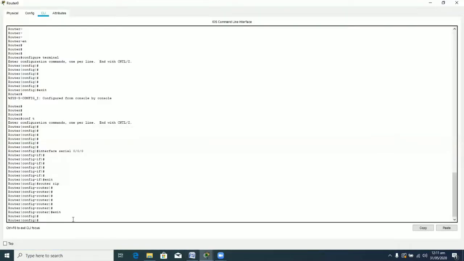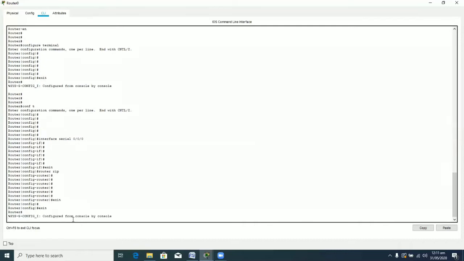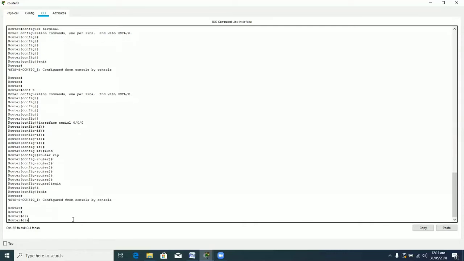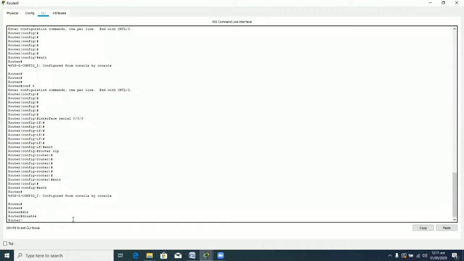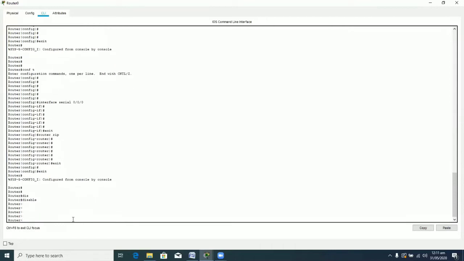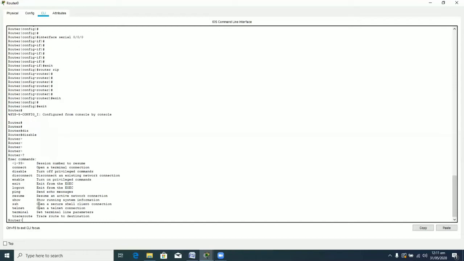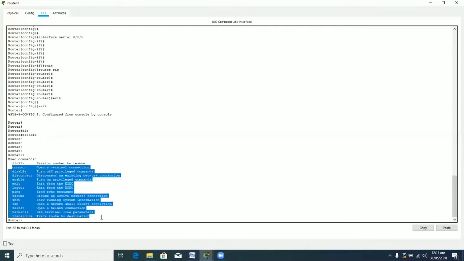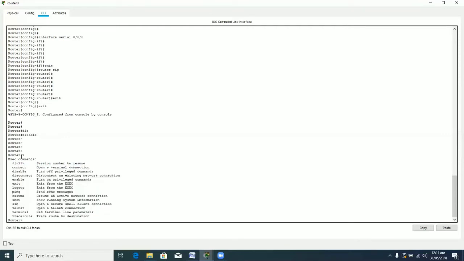So I hope that this point is also clear to you, how the different modes of the router are present in the IOS. Now I am showing you a very important thing, and that thing is the help feature of your router. Whenever you are new to your router and you don't know the different commands that are available on your router, what you do is just simply type a question mark. When you type a question mark, it will give you the help feature of your router. And you can see over here that these are the different commands available at the user mode of your router, and after each command, the description of that command is also given to you.